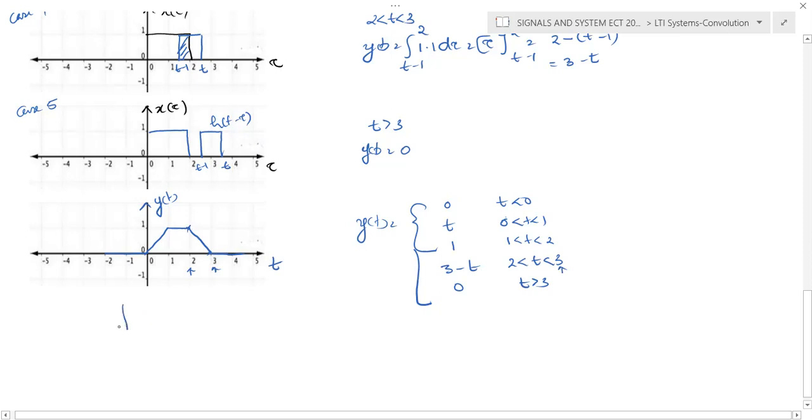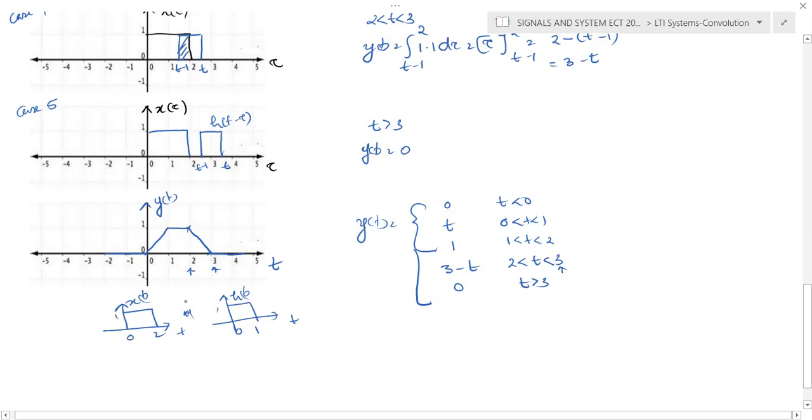we can conclude: two signals, x of t from 0 to 2, and convolution with h of t, which is again 0 to 1. You will get a result which is a trapezoidal waveform. If you observe these two waveforms, x of t and h of t, they are two different pulses with two different widths. That's why we are obtaining the result as a trapezoidal waveform.